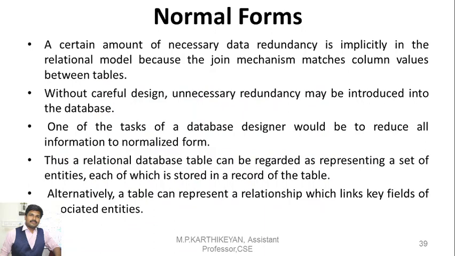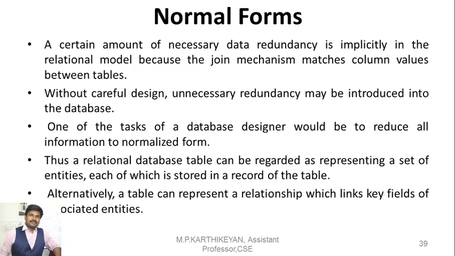And moving on to the normal form. Normal form will mostly be asked as a 2-mark question in your exam. We are not going in depth for any normalization forms at all, but just to revise a few concepts, I will tell you what a normal form is and what the various types of normal forms available are. The main concept of normal form is to minimize redundancy. It reduces the data redundancy to a particular extent.